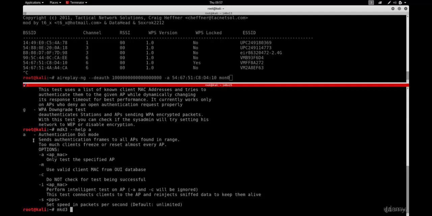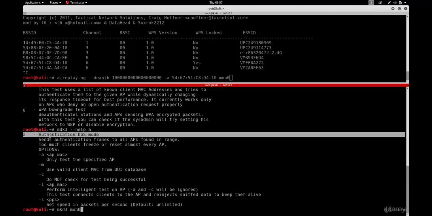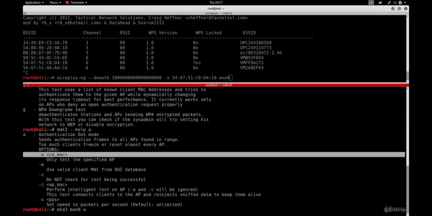Then we're going to give it the interface in monitor mode, and it's mon0 in my case. Then we're going to give it the test mode or the attack mode, and that's the authentication DOS mode, so that's going to be a. And then we want to run that against only one specific router, not all routers, so we're going to specify the -a